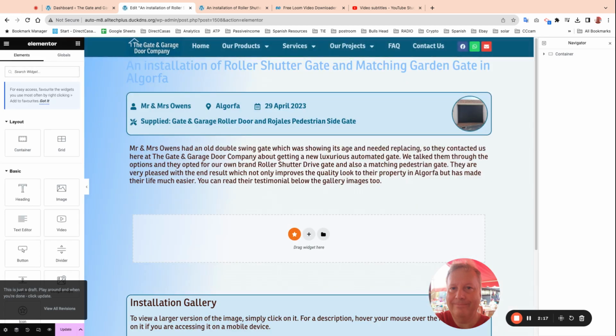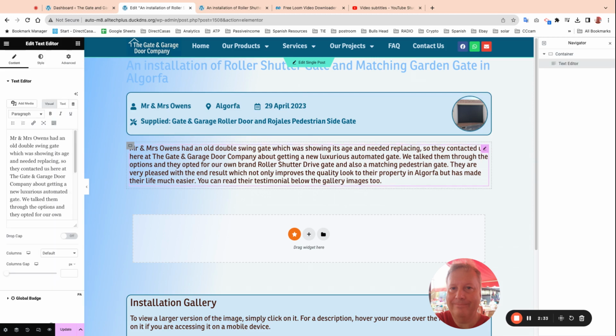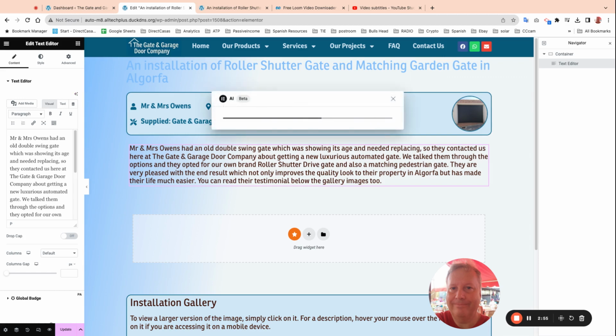When the page opens up, you'll see that it says edit single post there, but what we're interested in is this description, and that's what we're going to edit. You shouldn't edit any of the other things. So click on the little pencil icon there to edit, and you'll see on the left-hand side it says text editor, and you'll see the text there in a box. We can edit it in that box if we want to, but what we're going to do is go with this little 3-star icon, is how I would describe it. If you hover over it, it says edit with AI. So I'm going to click on that,